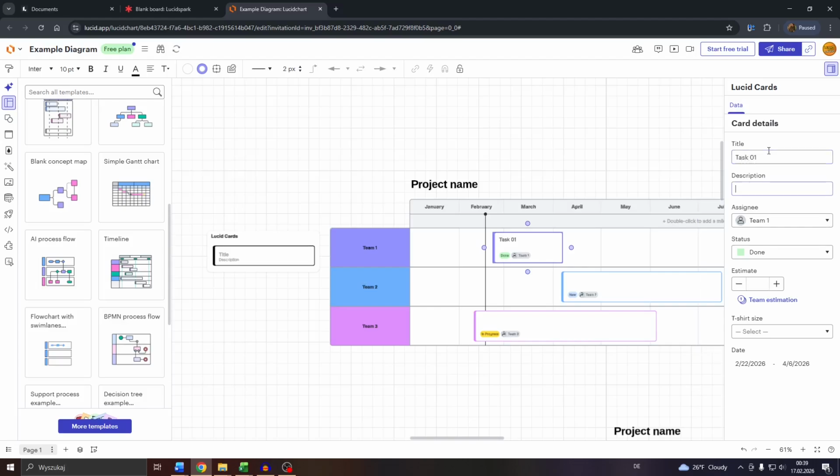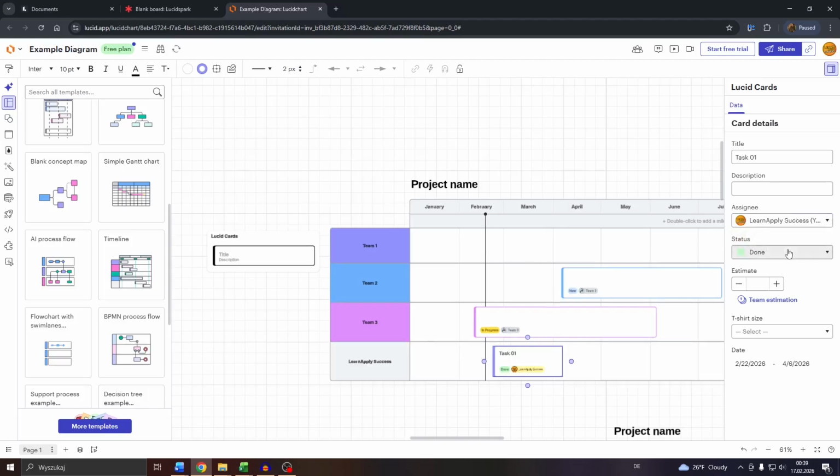01, for example, describe it, and assign someone from your team. Next, you may set a status, done, for example, to do, in progress, and so on and so forth. And what you want to do next, guys, is also select the start and an end date here. And that's basically it. Now you can move these tasks, of course, from one team to another if your project features